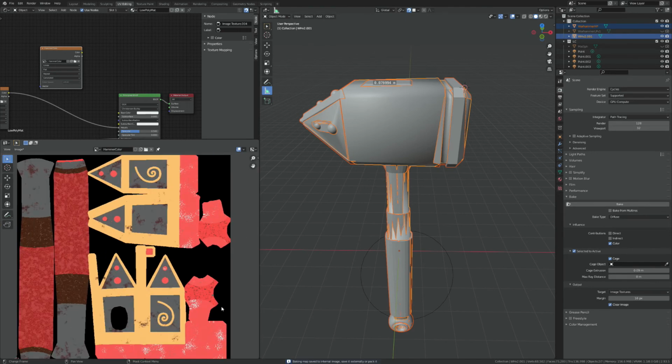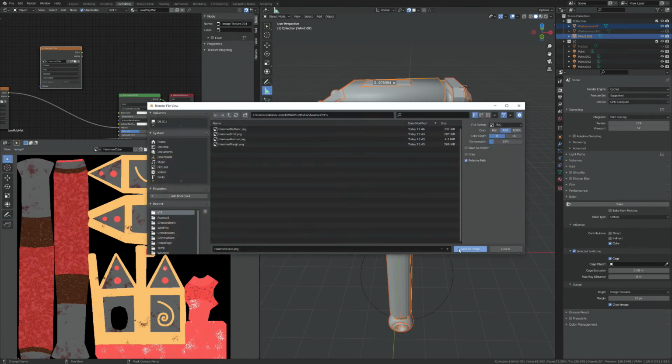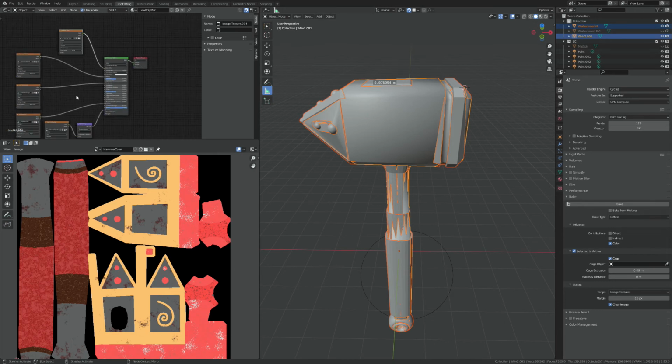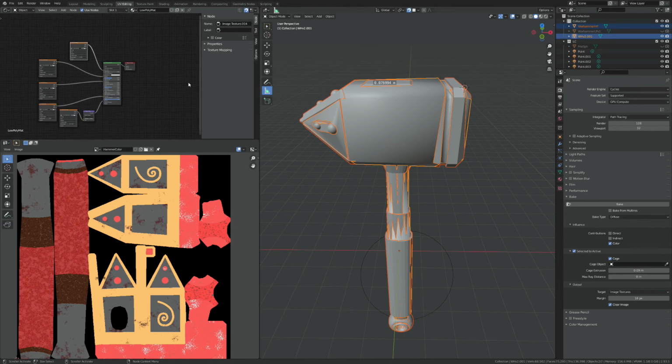So that looks awesome. That looks exactly like what we want. So I'm going to head over here. I'm going to save that. I'm going to drag in color, and boom. Just like that, we have now baked out our procedural texture into one